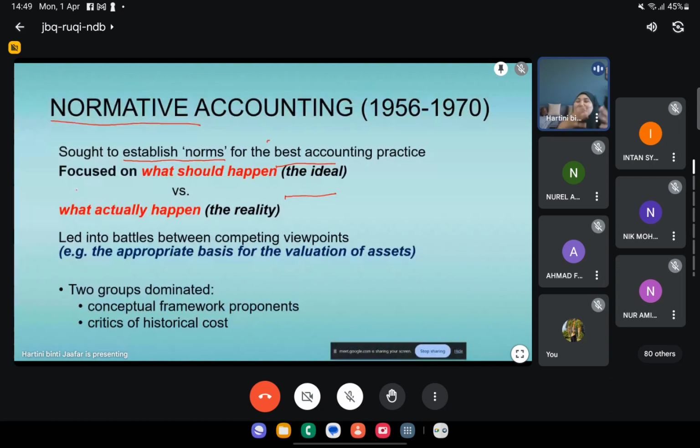Kan? So what should happen is the ideal. So they propose the guideline of what is to be recognized as the best accounting practice. So that is normative accounting. They don't really care about what is really going on, the reality of it, whether the company really uses the accounting standards or the accounting practice that they propose. They don't really care. They just say, okay, these are the things that you have to do. So in that sense, it is seen as a more of a,